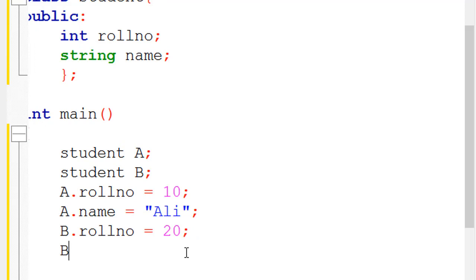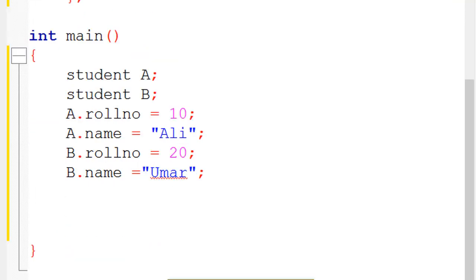So B dot name is equal to, for example, Umar. Now we have defined roll number and name for object A and roll number and name for object B. The next step is that we want to print this information of both objects on the console.